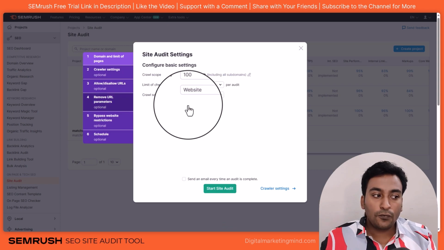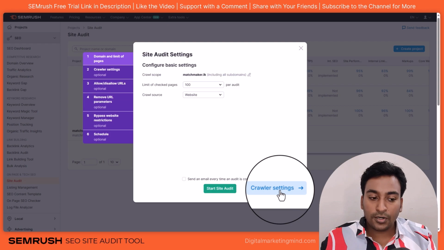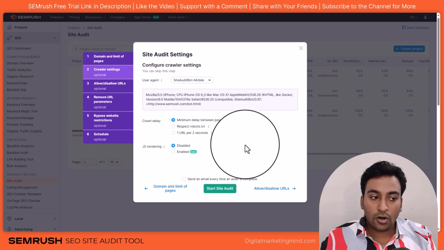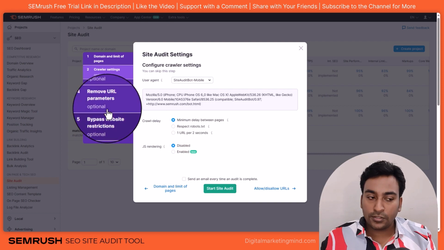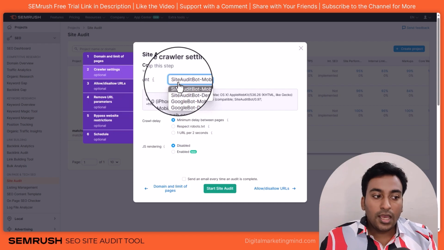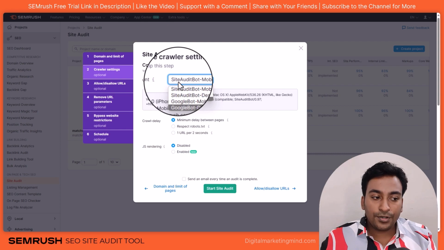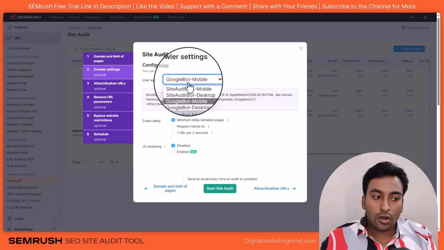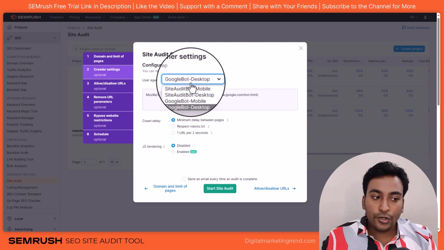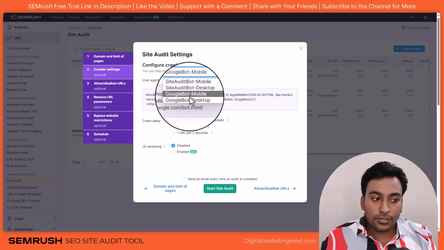If you want to go through all the options available here, always make sure to click this right-hand section. That way it won't start the crawl. Instead, it will give you all these options for you to start. Here you can set up a user agent. You can use any of these agents, but I personally like to use either Google Mobile or Google Desktop, because I want to mimic Googlebot and do all the scraping for me. So when I select one of these options, I can select it.